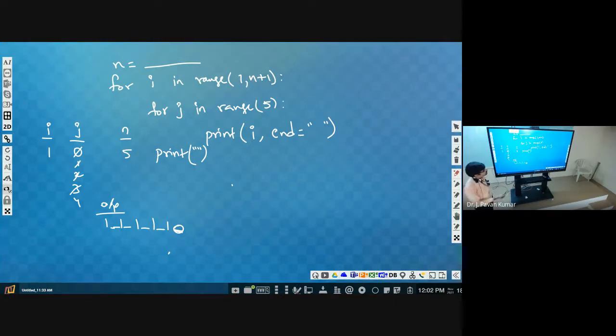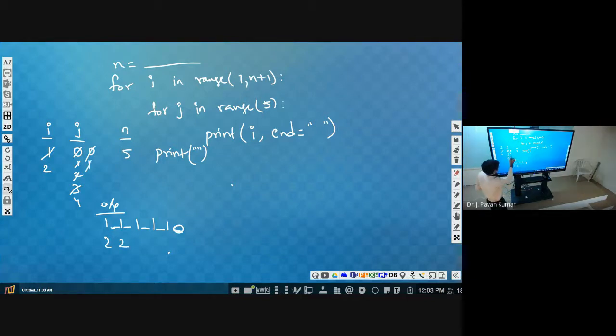Got it? So after this, we are printing this. Then the I value will become 2. The J value will start again from 0. Next, whenever it is 0, it has to print the I value only, ending with space.